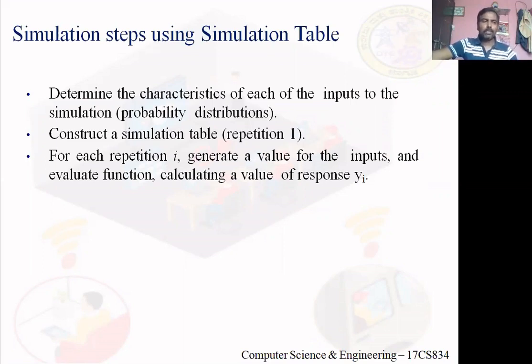We need some assumption. Let the service time for the first customer be 5 minutes. Let the service time for the second customer be 3 minutes. Let the service time for the third customer be 7 minutes. Got it? Now let me assume, as I said, the first customer will arrive at time 0, that is 9:30. The second customer will arrive at 9:45, that is a 15 minutes gap. The third customer will arrive at 9:50, right?